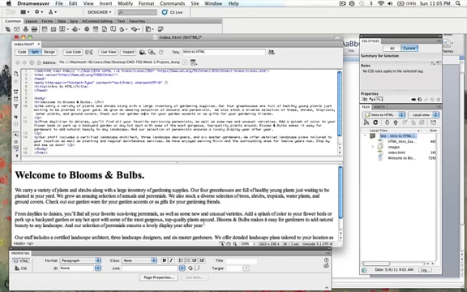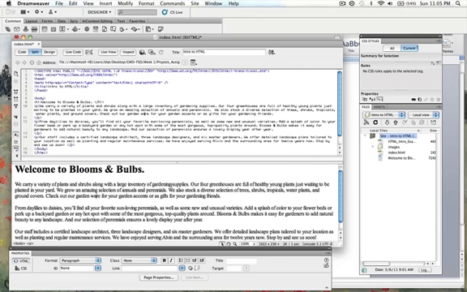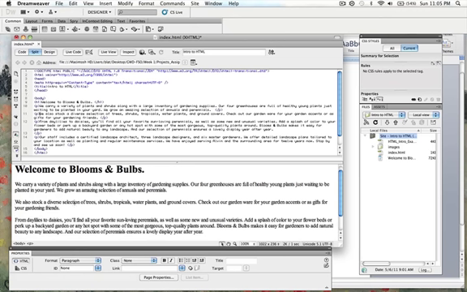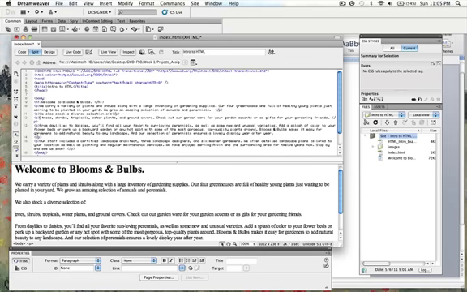Okay, next let's make a list. I'm going to take this sentence here that says we also stock a diverse selection of trees, shrubs, tropicals, water plants, and ground covers. I'm going to turn this sentence into a list. So right after "we also stock a diverse selection of," I'm going to click there, use a colon, and then hit Enter to go to the next line, at which point I'm going to go down to my Properties window,